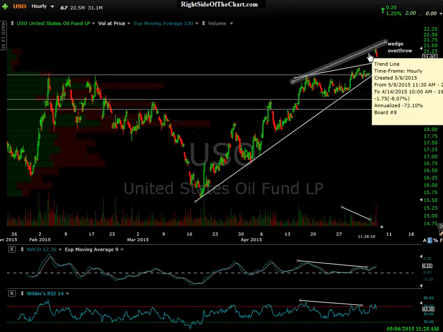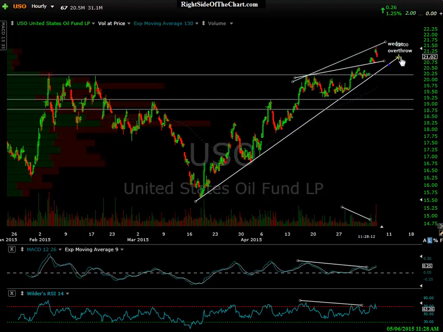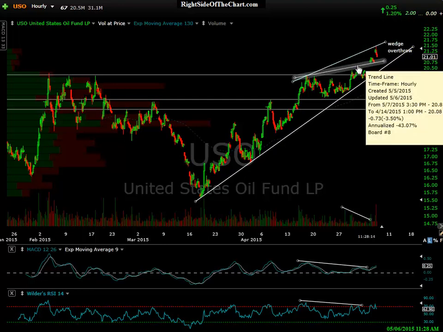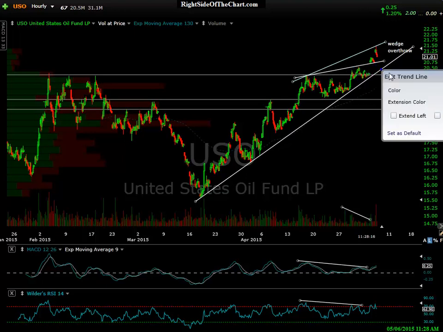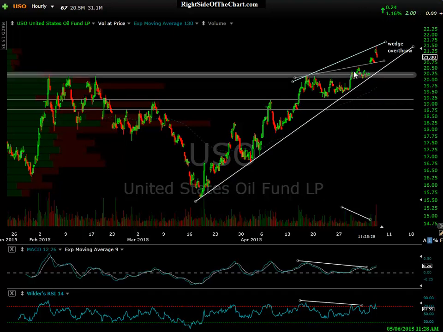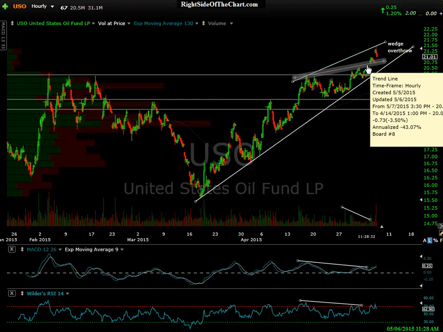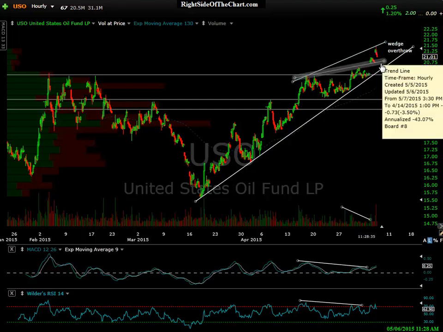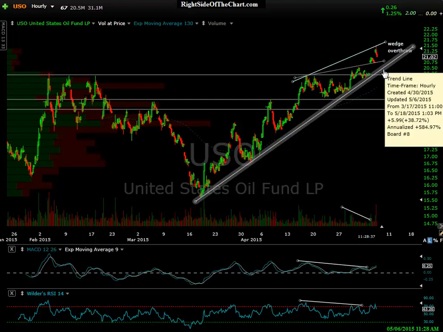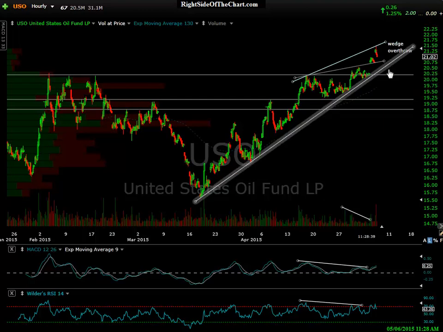If you take a look at this light blue uptrend line, add it with this one, you can almost subtract this. I leave it on there just because I think it is still significant. Wedge overthrows are pretty powerful technical patterns, meaning when you have an upside break and prices move up like that, break above the wedge, in other words, the top, using this trend line, and then come back in. So once we see prices come back in and then especially break below, this will be the sell signal, whether we come back into the wedge or not.